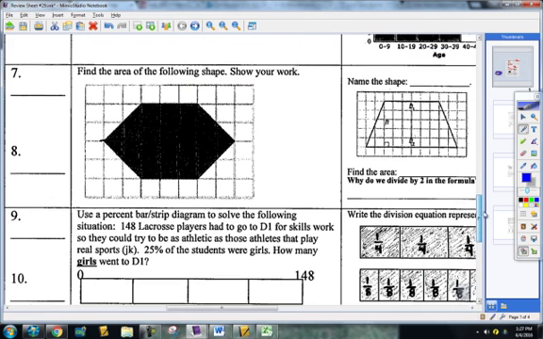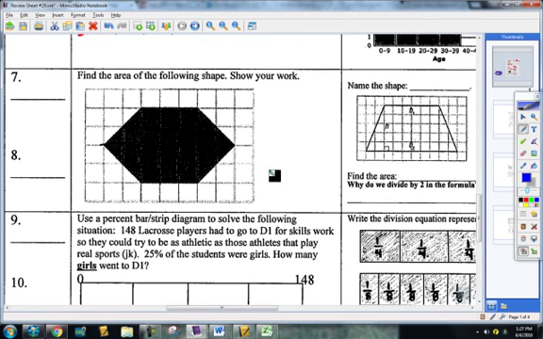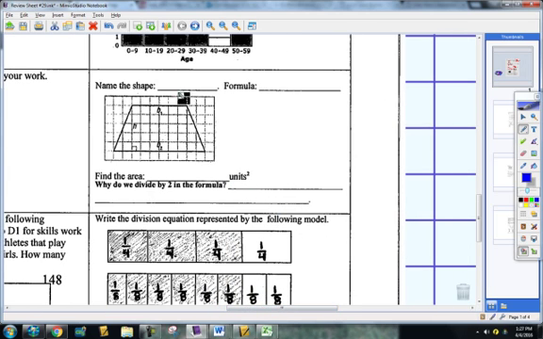Remember, since it's area, we're talking about a special type of units. You got to do something to the units. Okay, this is a trapezoid. Well, I just gave you the answer to that one, I guess. Didn't even think about it. But I hope you all know that's a trapezoid because as you guys are well aware at this point, you know that trapezoids are